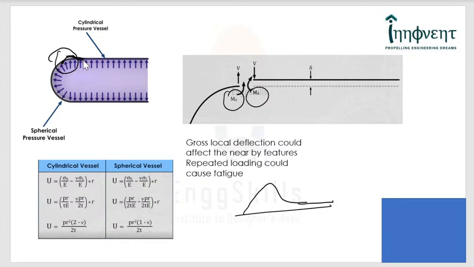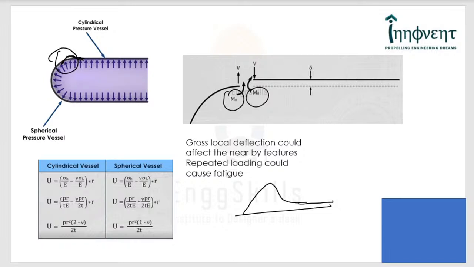And if you have any feature, let's say a hole in that particular region where the stress has not still attenuated, has not died out, then that feature can become distorted. And if that feature is used for any design purpose, then the performance can get affected. That is very, very important.